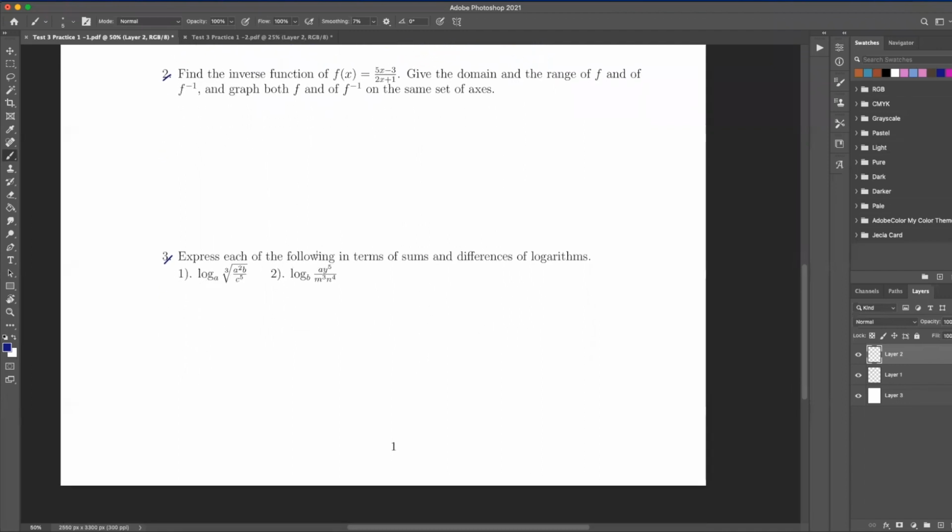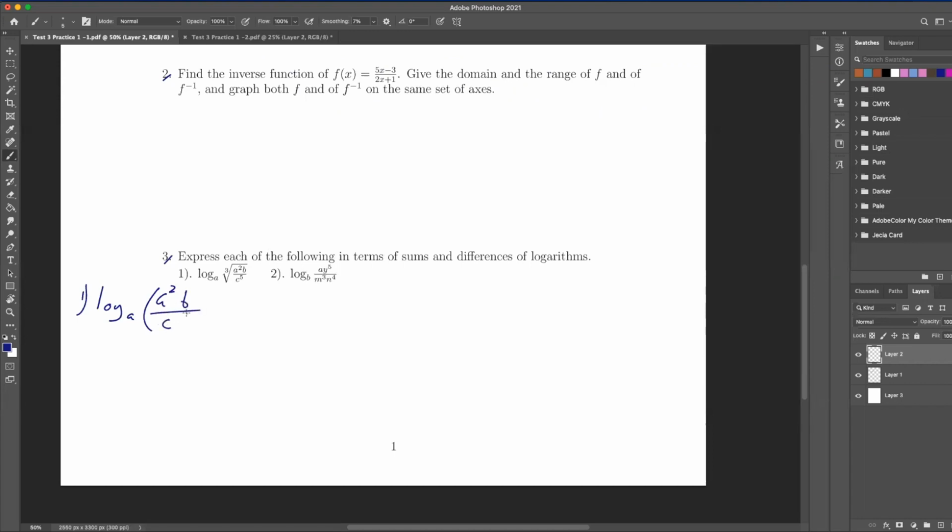So here we're going to just do the opposite, right? As sums and differences of logarithms. And so here we'll do the first one. We're going to have log base a, and we're going to have the cubic root. So here, let's go ahead and do this. So we have log of a, and then here we're going to just write a squared